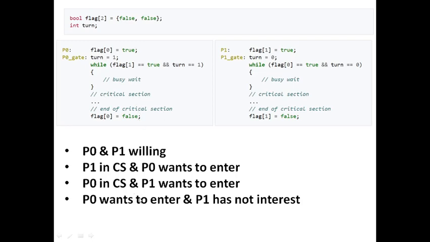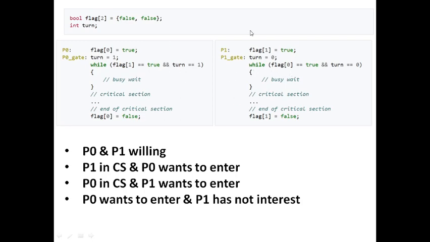So in all the four cases we could find that mutual exclusion is successfully enforced, so that only one process is able to enter the critical section. So this is the idea of Peterson's solution, and you can also see why it won't work if you change the number of processes to more than 2, because it is not possible to manage these statements with more than 2 processes.